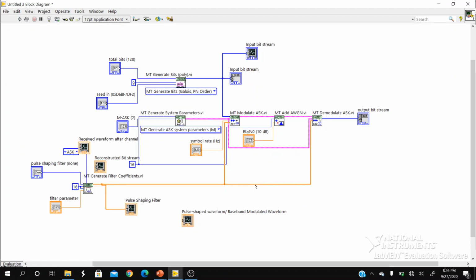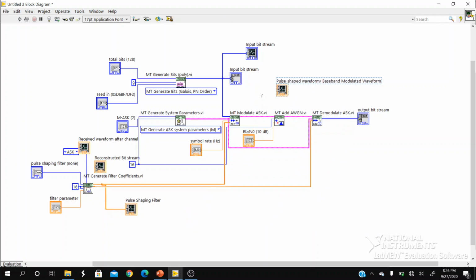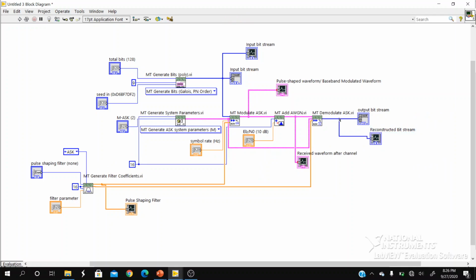Then we have the next, pulse shaped waveform or the baseband modulated waveform, which will be available at the output of MT modulate ASK, that is before the channel. Then we have received waveform after channel. So this should get connected after the channel and at the input of the receiver. Then we have reconstructed bit stream, which is obtained at the output of demodulate ASK.